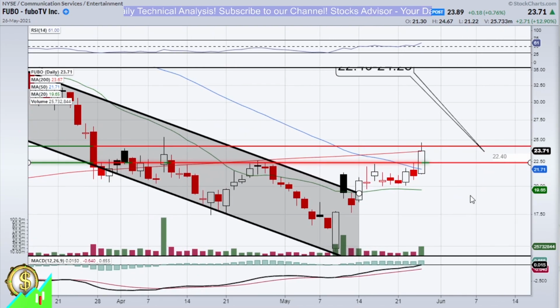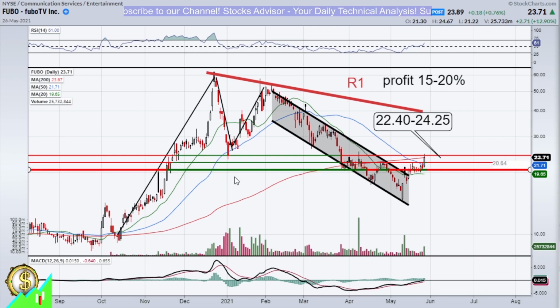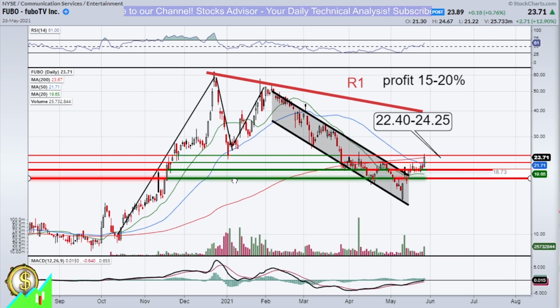Still possible, of course, very rare, but sometimes it happens. Therefore, we just need to keep in mind, it doesn't cancel the recovery pattern, but it could cause a little bit of pullback. Therefore, here would be clearly formed, and also by mid of April and by mid of May, a very nice second entry level, which will be again